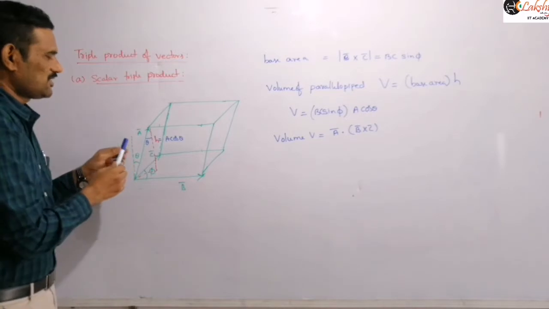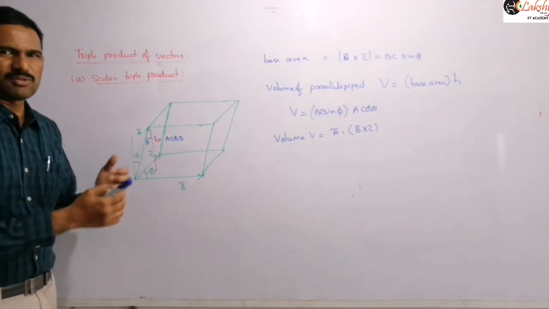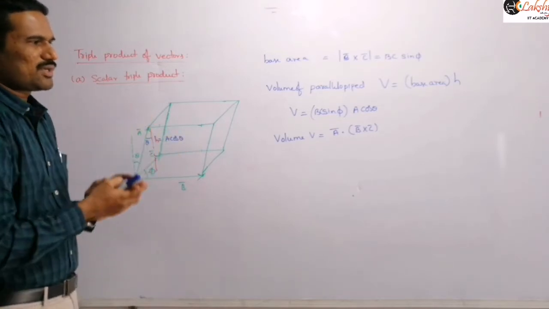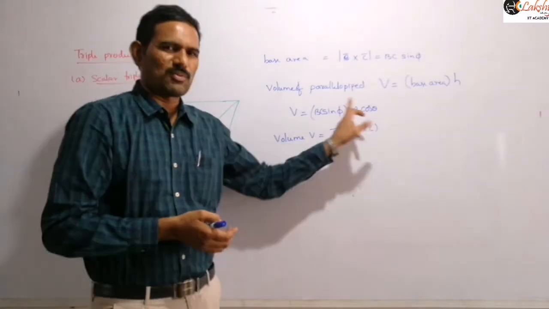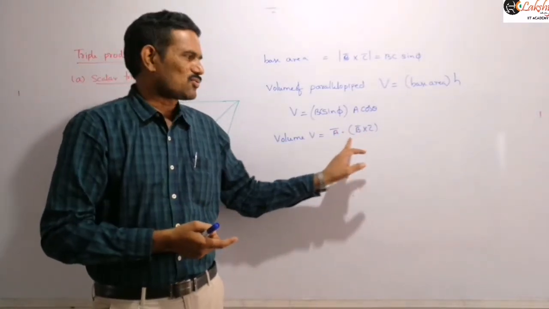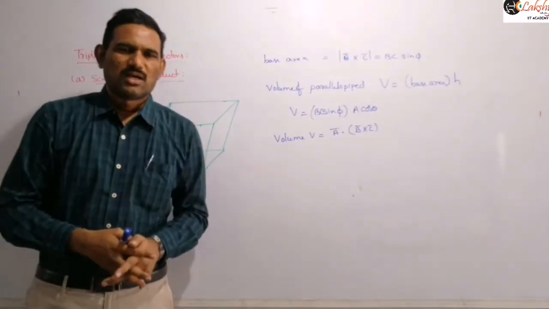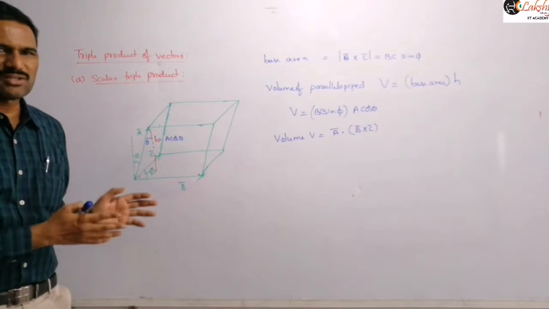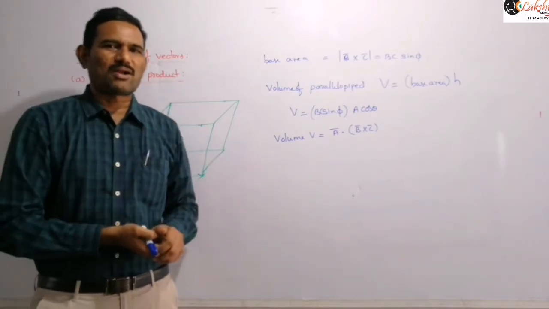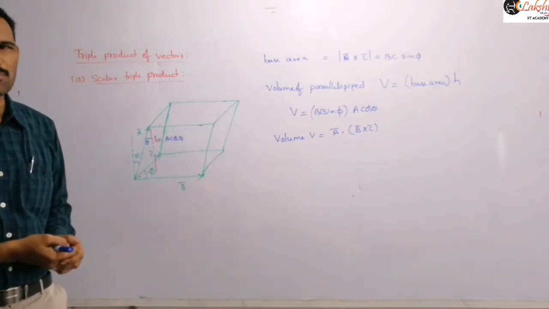And now the angle between B bar cross C bar and A bar is nothing but theta. So the dot product between those two vectors can be expressed like this. So now what we are concluding is that this is what we call the scalar triple product. We can observe that if you simplify this, you will get a scalar quantity because the dot product of two vectors gives a scalar quantity. And the scalar triple product of three vectors geometrically represents the volume of the parallelepiped formed by those three vectors as three adjacent sides of that parallelepiped.